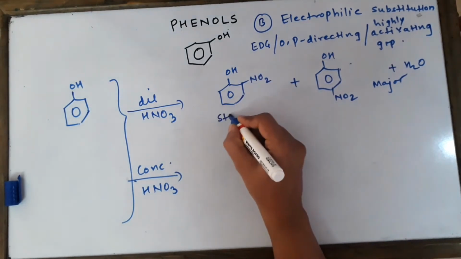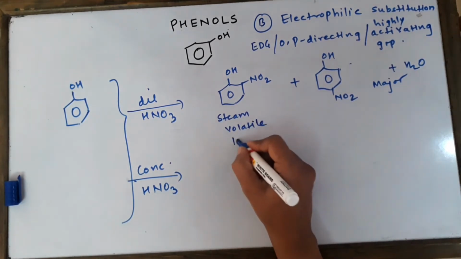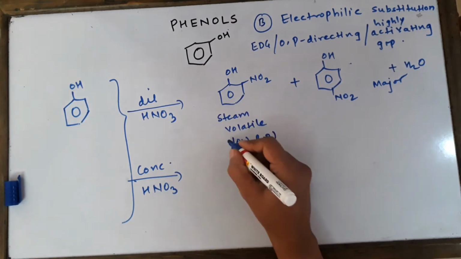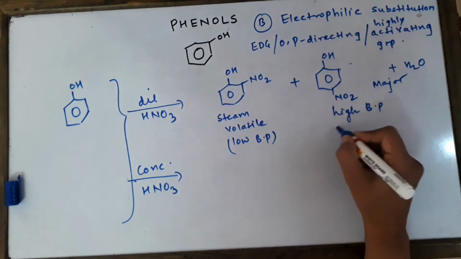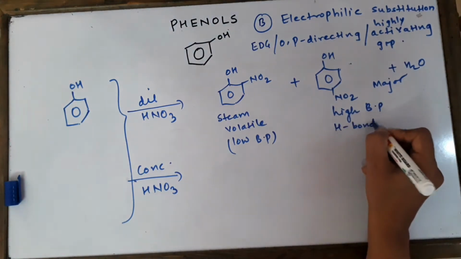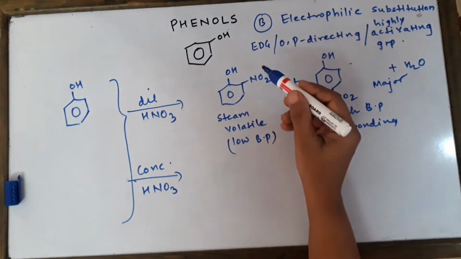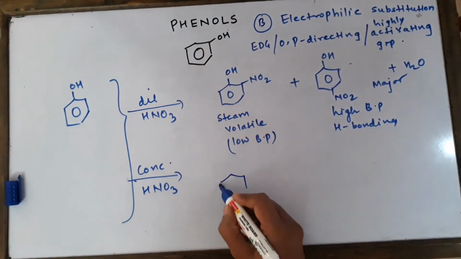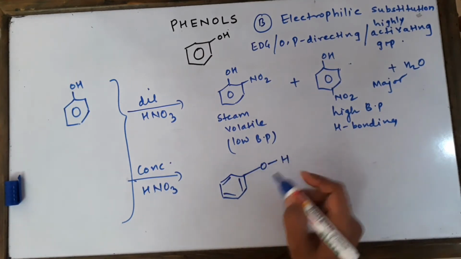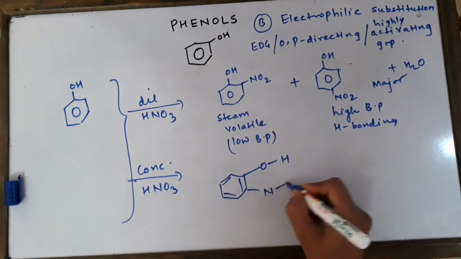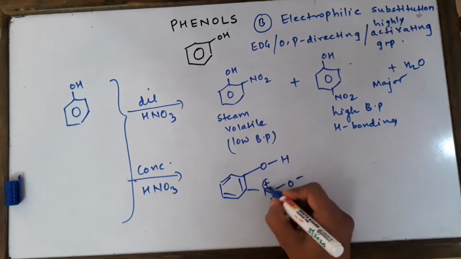Orthonitrophenol is going to be steam volatile, and it is having a very low boiling point, and the other one is going to have a high boiling point because of hydrogen bonding. So it is high BP due to hydrogen bonding. Now both of them are going to have hydrogen bonding. Let me show you how it is going to happen. So you just focus here because this is extremely important, that later on children keep on asking how and such questions. So see, this is the structure of orthonitrophenol if you look at it like this.